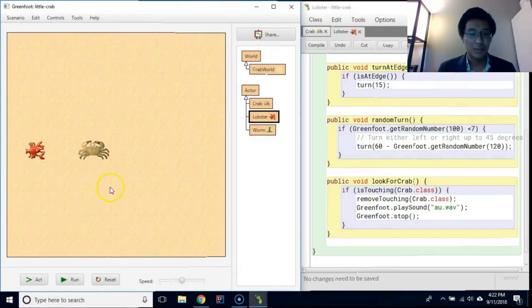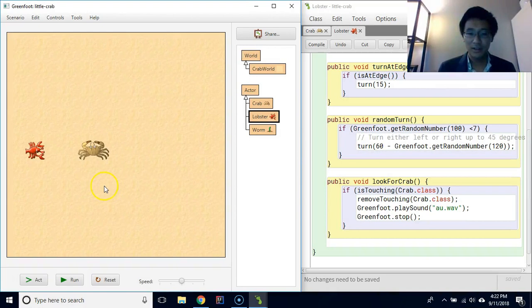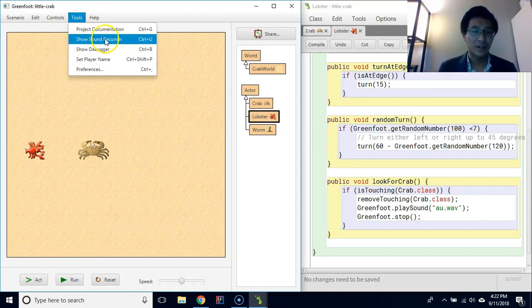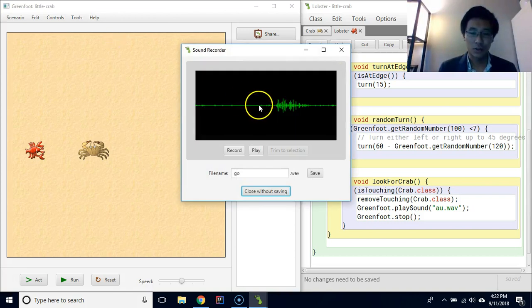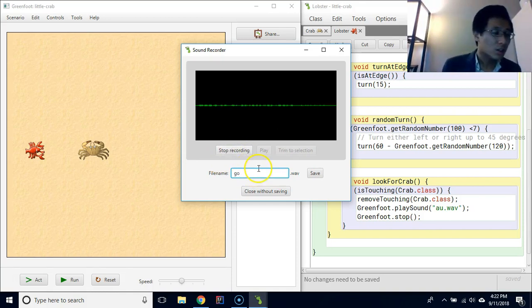So the last thing is I want to show you guys how to record your own sounds you can put into your Greenfoot scenarios. So if you go to Tools up here and choose Sound Recording, Show Sound Recorder, you can record your own sound files. So it's a WAV file that it'll be. Let's say record ourselves saying go. So go,